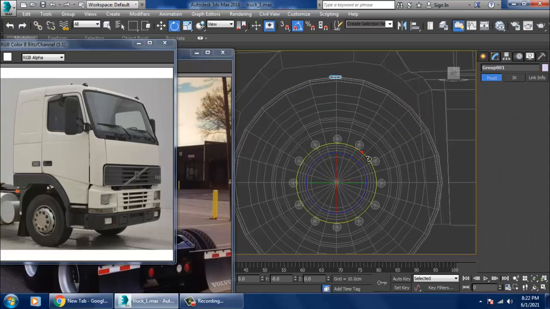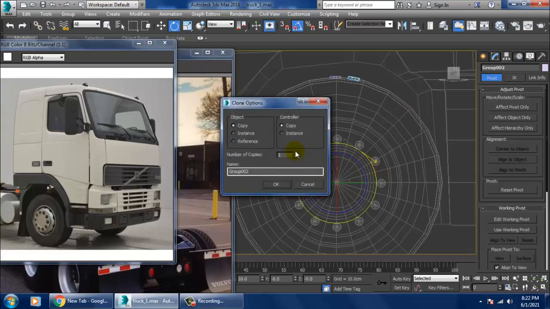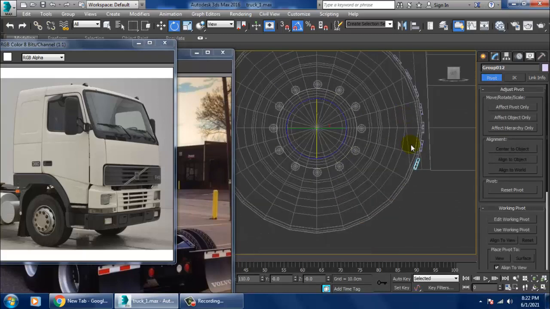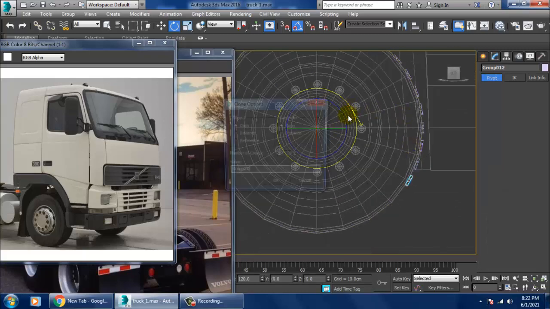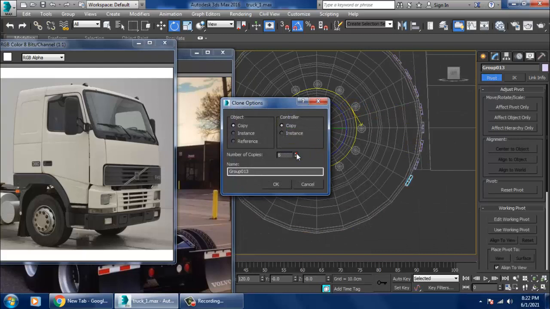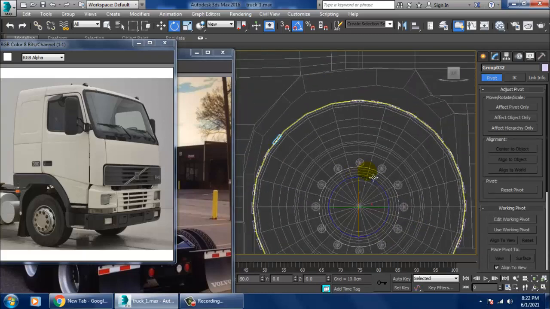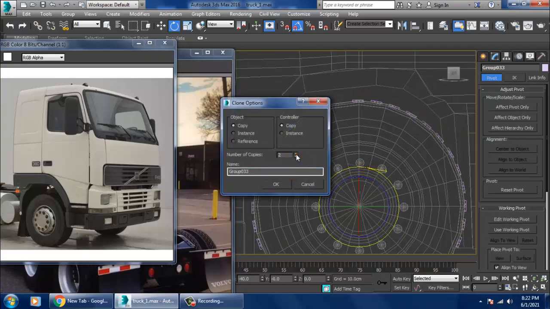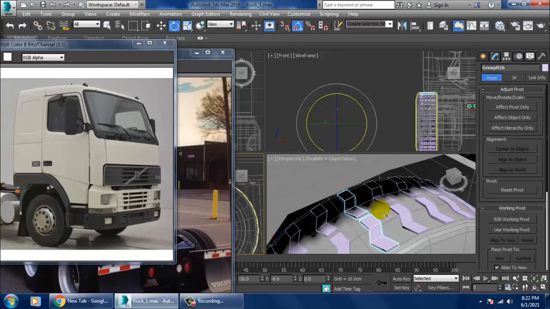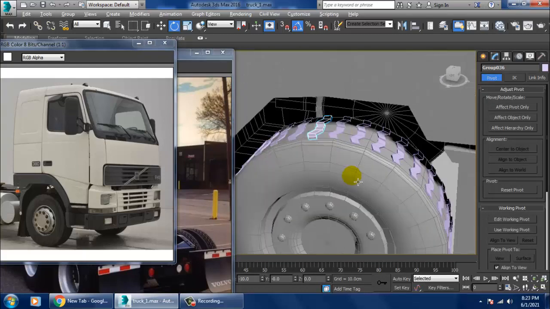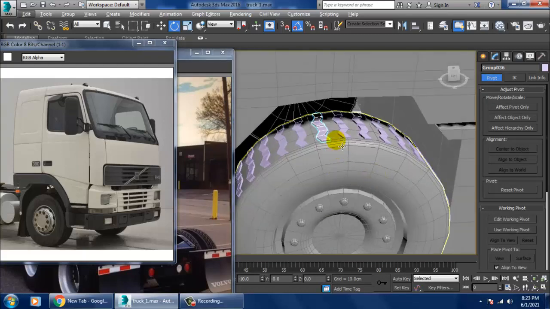So rotate it, duplicate it. As many copies as you want, you can do that. So this is just randomly I have put all of this.